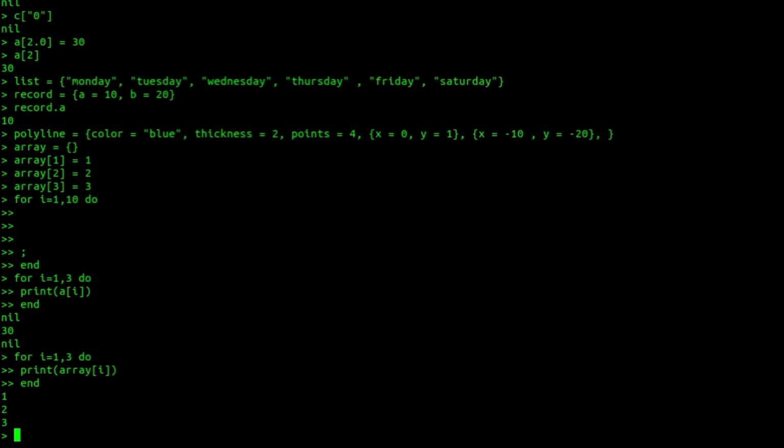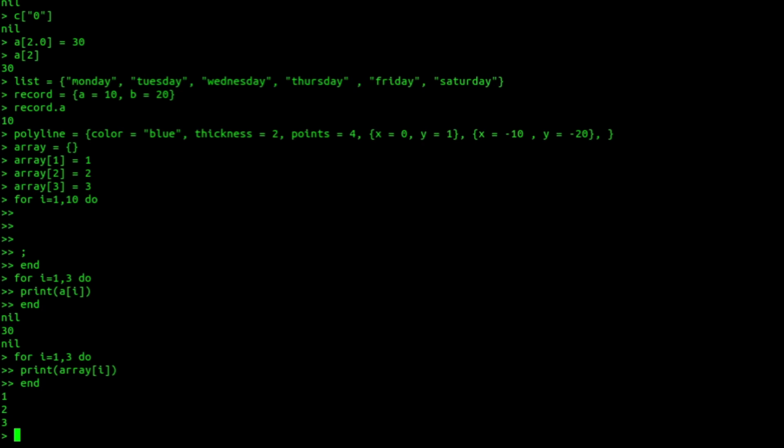If you use this hash symbol with non-sequence tables, then the result is kind of non-deterministic. You can't determine the output, so it's better to avoid that and use this operator only with sequences. And sequences are nothing but a table or a list without holes, where holes are nil values.